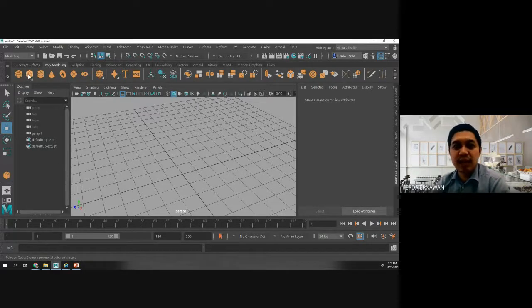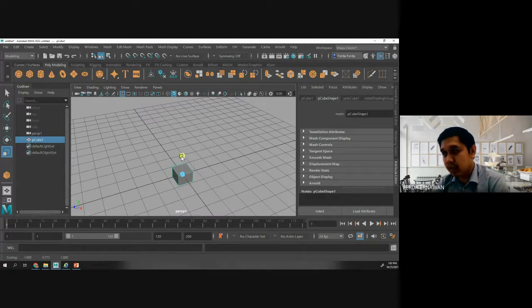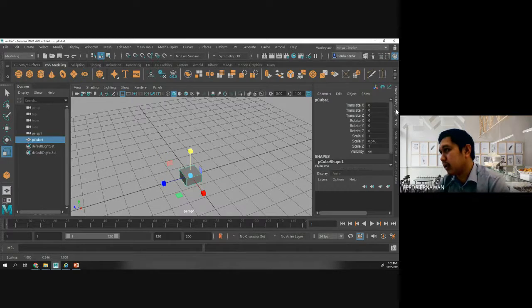You can select the cube here. Can you see? And then choose the scale here. I didn't take the center one, but I take the yellow one. So I want to make it the depth here, for example. You also can see from the layer editor how many depths that I want. Scale Y here, for example,